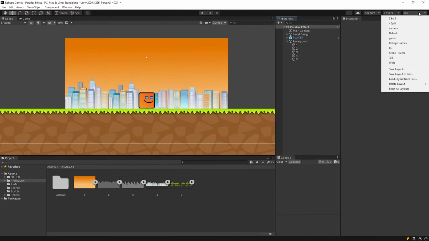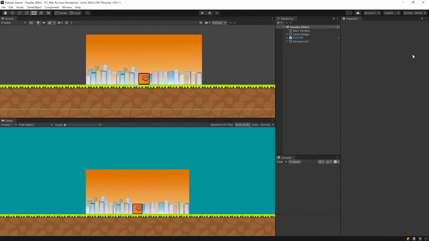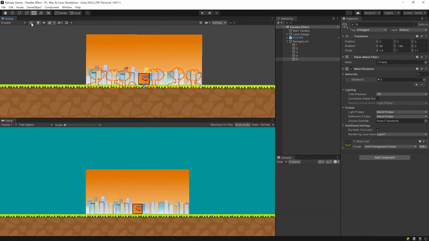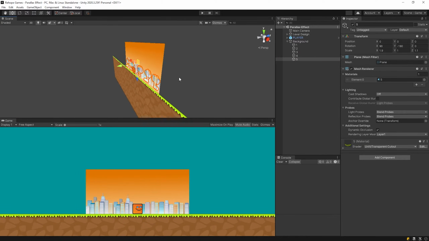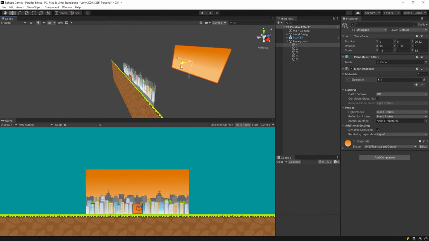I will change layout. Set the positions of the backgrounds.